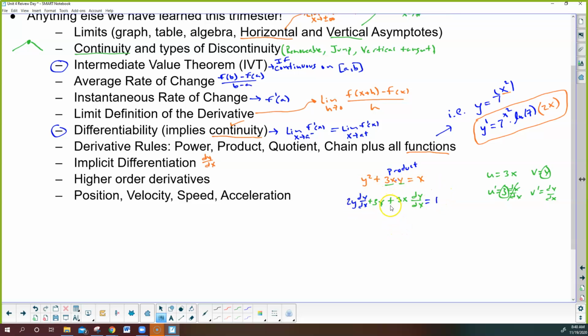So that's just taking the derivative of each piece, and now I have to move everything that doesn't have a dy/dx over to the other side. And I'm going to skip one extra step here. But this one stays. This 3y in green is going to subtract over. And then notice what was left over was a 2y and a 3x, and they both had dy/dx, so I just factored that out right away. And then my last step is to divide both sides by 2y